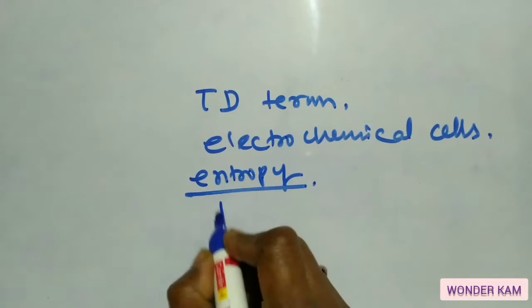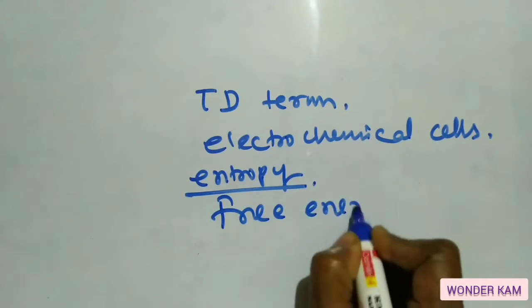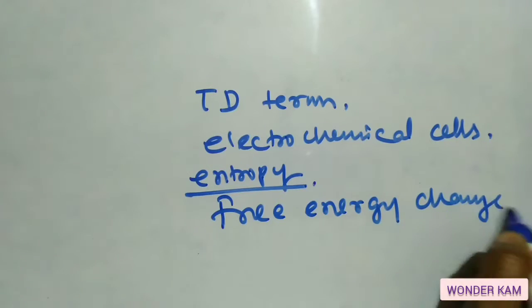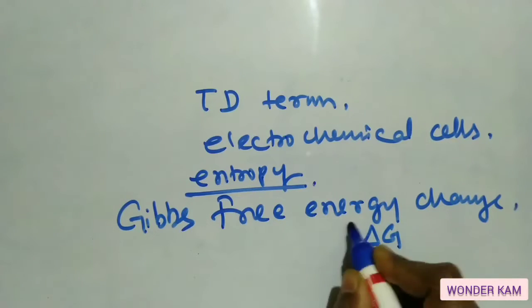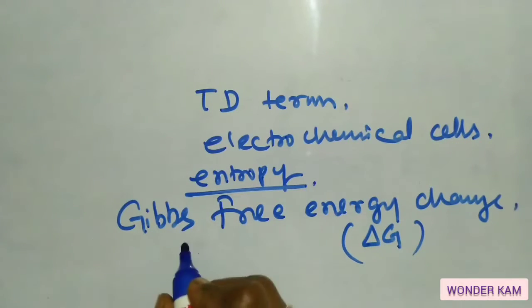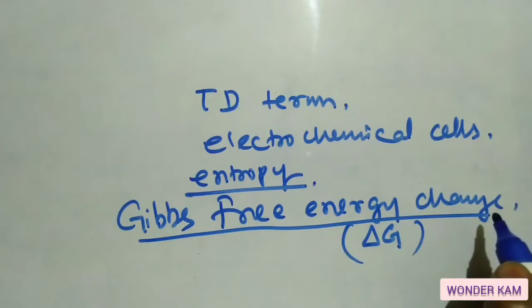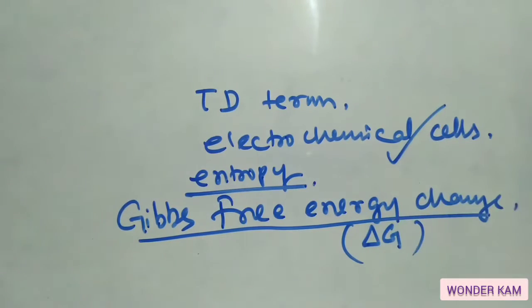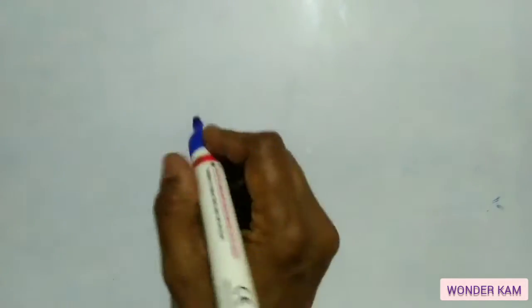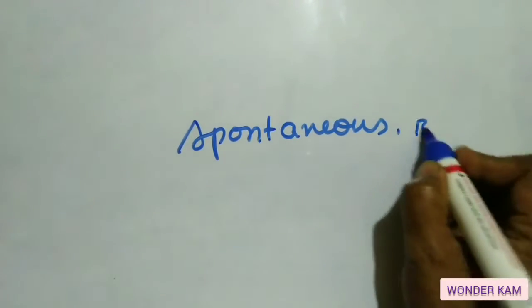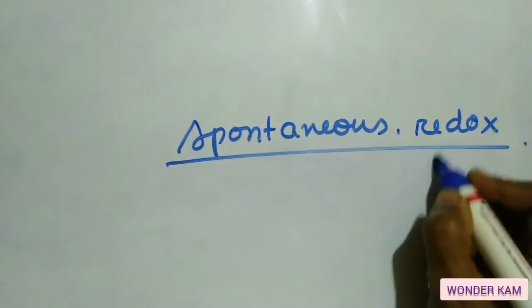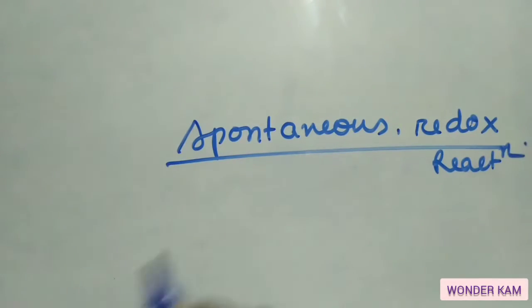going to tell about free energy change, which is also known as Gibbs free energy change or delta G. And I will discuss the importance of Gibbs free energy change in electrochemistry or electrochemical cell. It is important to know mainly for two reasons. First one is the spontaneity or spontaneous redox reaction, because this is related to this spontaneous redox reaction. And secondly,